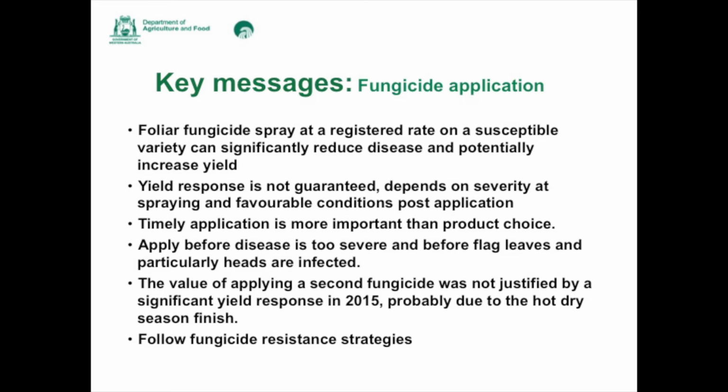Last year, we found the value of applying a second fungicide spray was not justified by a significant yield response, and this is probably because the hot dry finish in 2015 meant the disease naturally just disappeared on its own. Whereas this year it could be different, and it will obviously depend on when the first fungicide spray goes on,